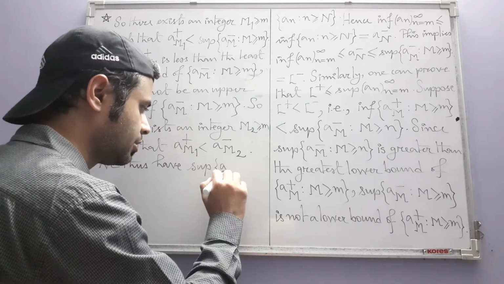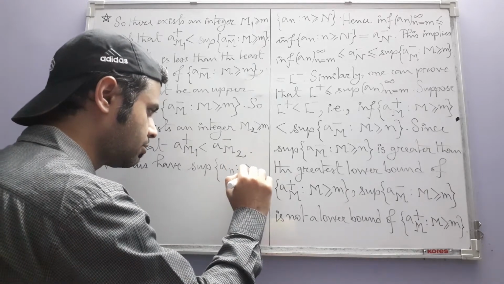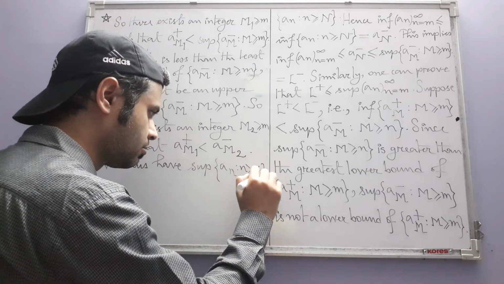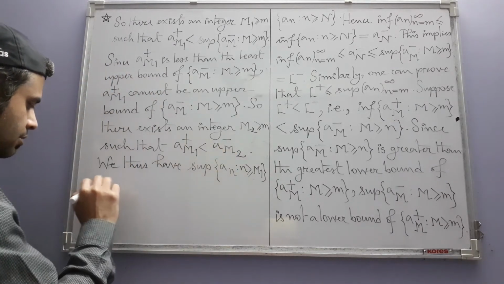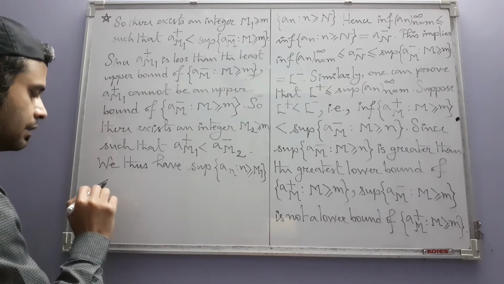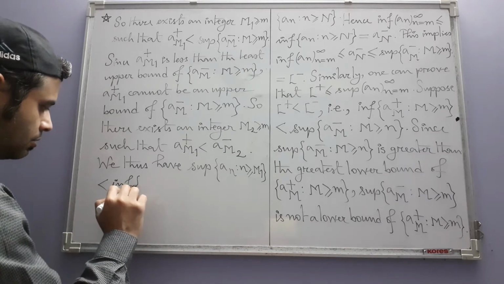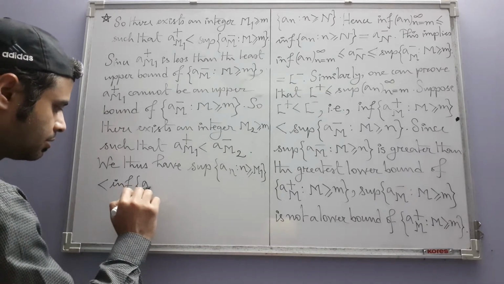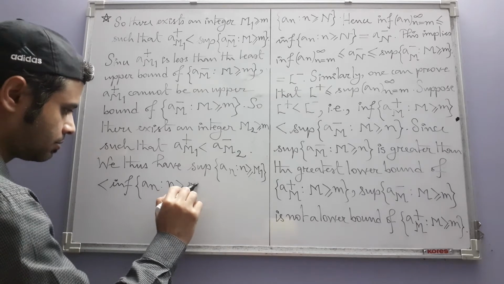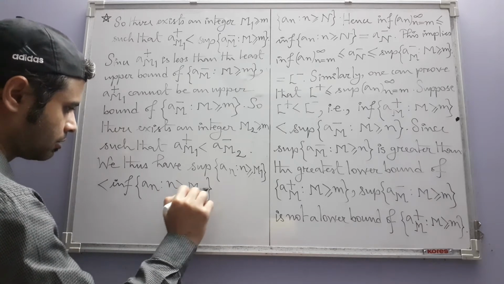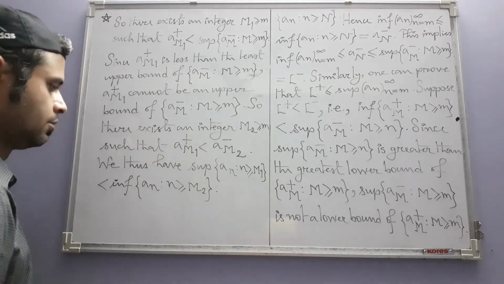We can write an, n greater than or equal to m1, this is this, and in place of this however is an infimum. It's the infimum of this set an, where n is greater than or equal to m2. Okay,